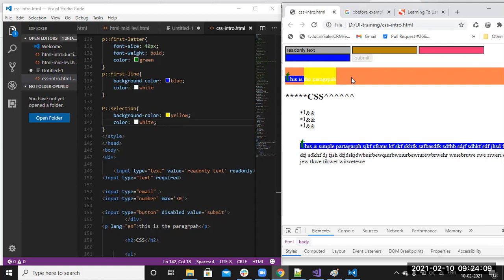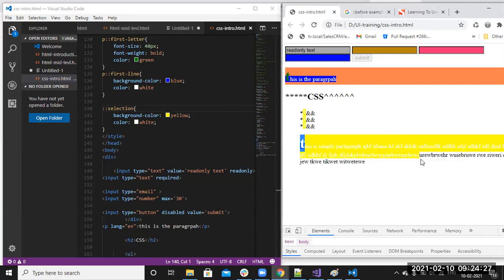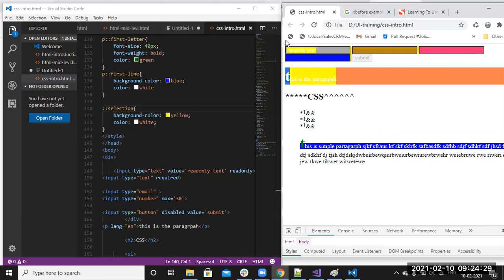Here also the selection is changed. But for the list items, the default is blue and white only because I applied it only for P. So I'm removing that P, and now it will apply for every element in this document. You can see now, whatever I'm selecting, the background color is changing to yellow and white. Okay, this is about colon colon selection.